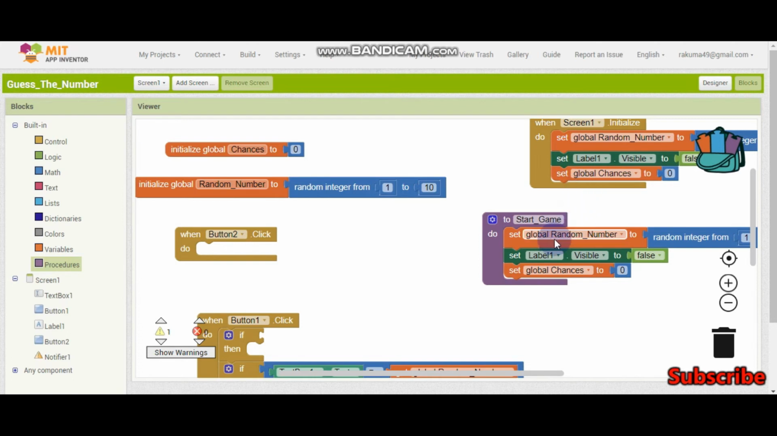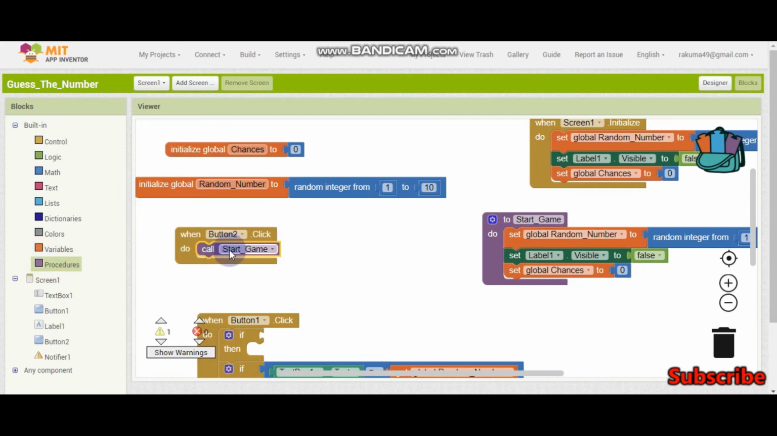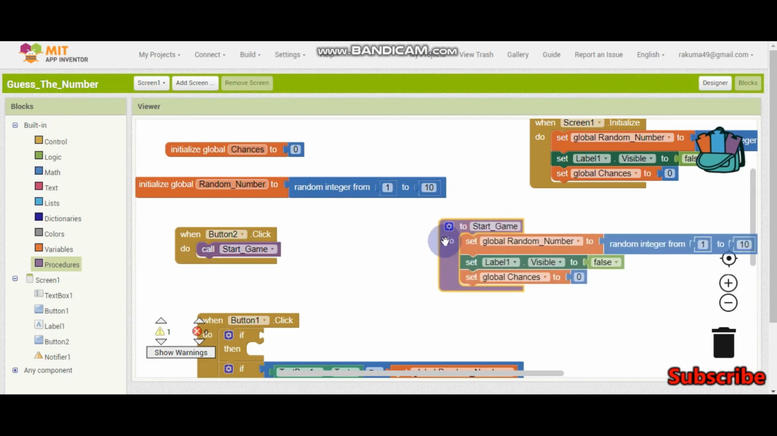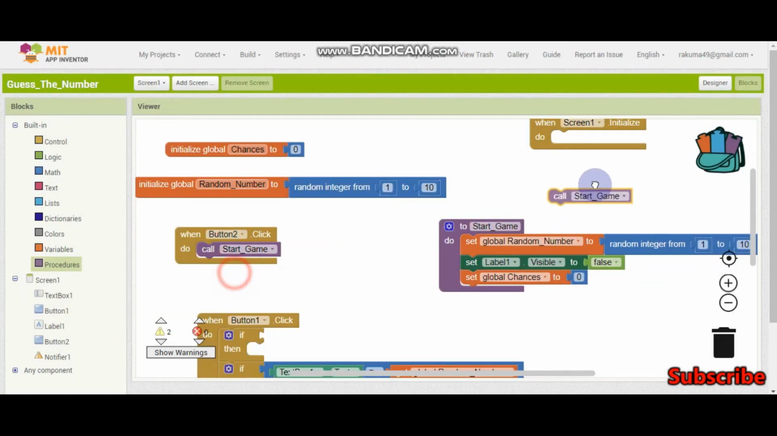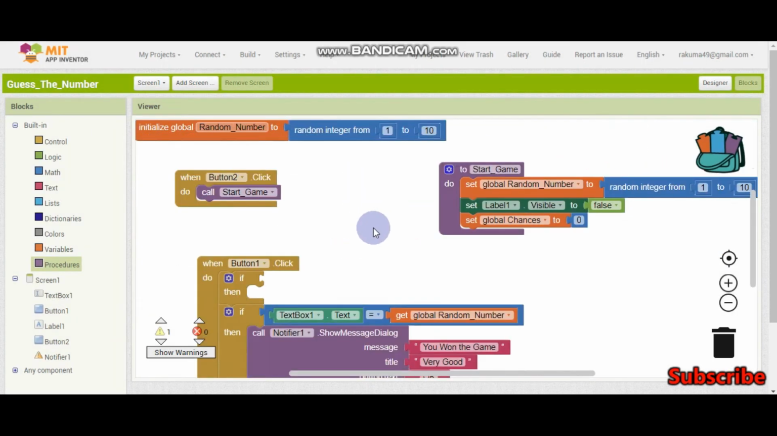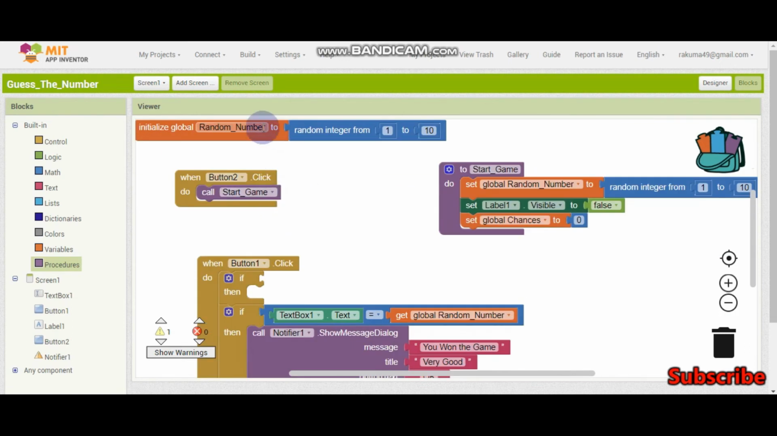So instead of putting these blocks again and again here, you can put call start game. If you put this, it will automatically go here because we are calling this procedure and do the set of things. So let's put it, we don't need that. And let's put call start game here. Yes. So we are going to check if the chances